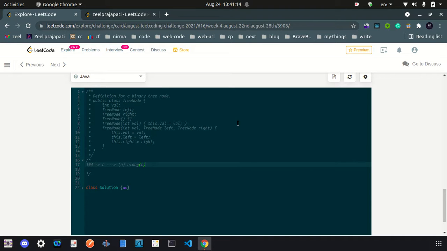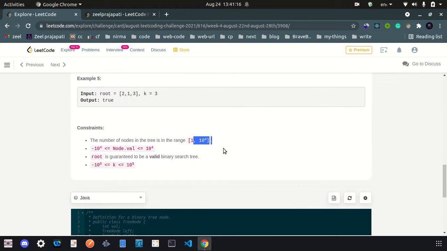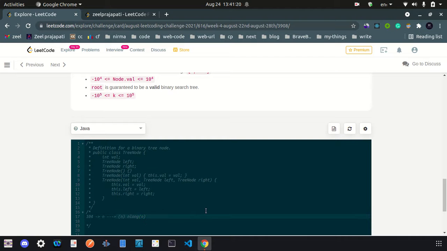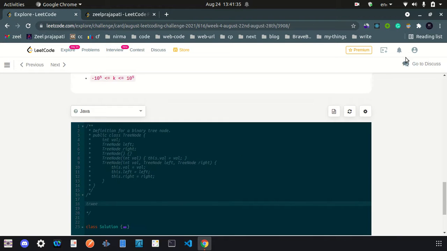If the input size is 10 raised to 4, then these two solutions can be accepted, and by the way log n is also accepted because log n is a lower bound of n. So yeah, don't look at it because we have a tree. Let me make it big so that you can see right now. Let's say control plus.